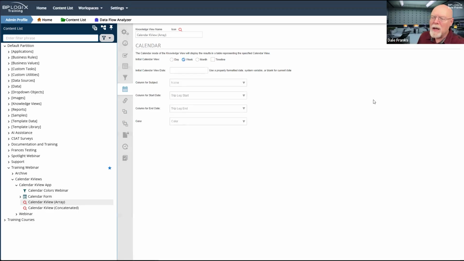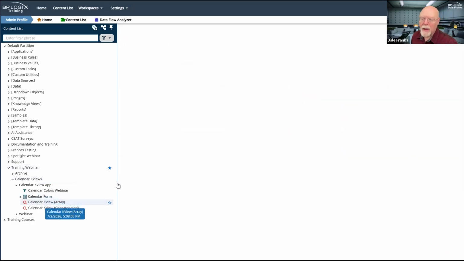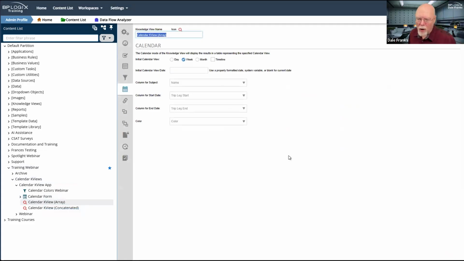And as you can see, each of the individuals who undertake some form of travel, for example, Diana is moving around quite a lot, as you can see, and Diana has this peach color. So Diana shows up quite a lot, doing quite a lot of different things. I am shown up here in this teal color, and Rick Robb, of course, gets this light purple color. And I've added that. We'll also go over some different ways. Well, we'll go over at least one way of adding a color, because it's the way that I've implemented.